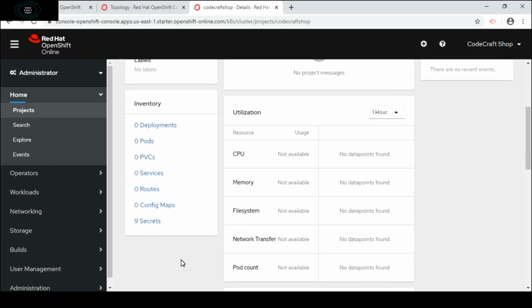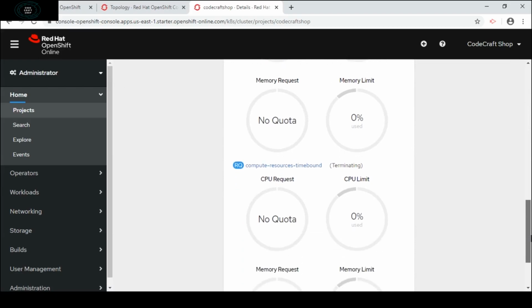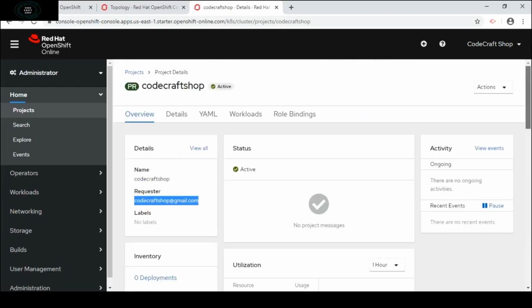Since we haven't created any application, we just created a namespace, that is the project Codecraft Shop. So no pods, no PVCs, no services, and no routes will be there. And this is the resource quota for this project.